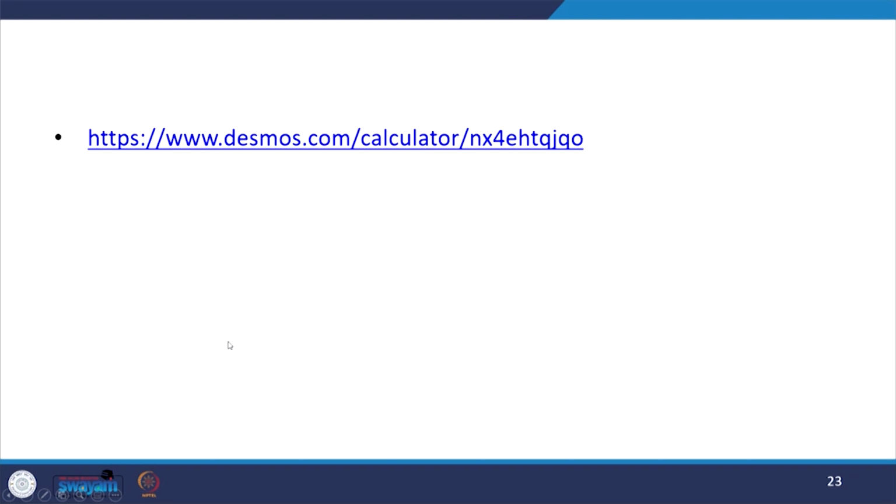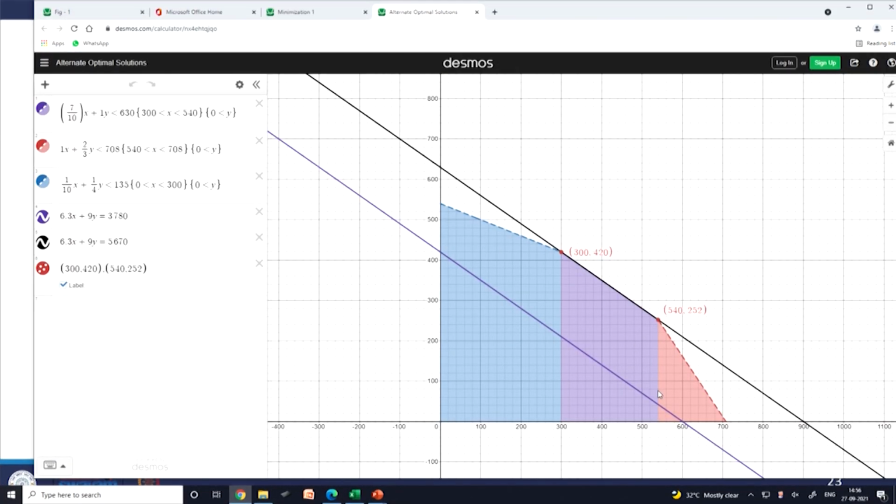So what will happen when the coefficient of objective function changes? Okay. So when you go, I have solved in Desmos. When you go here, you see that now previously this 540, 252 was the solution, but now our objective function is parallel to these 2 locations, this location and this location, between these 2 points, that is 300, 420 and 540, 252.